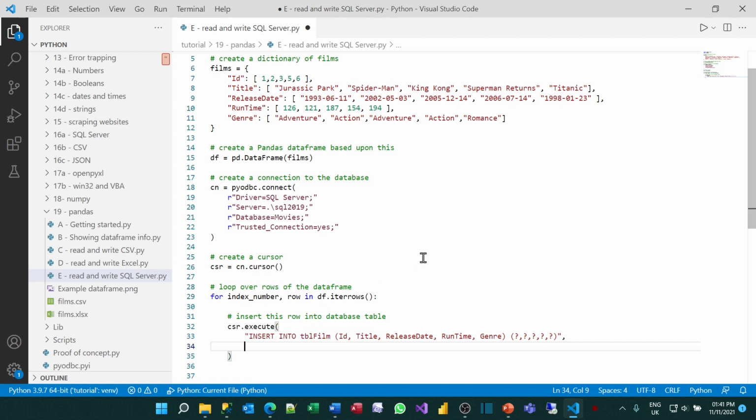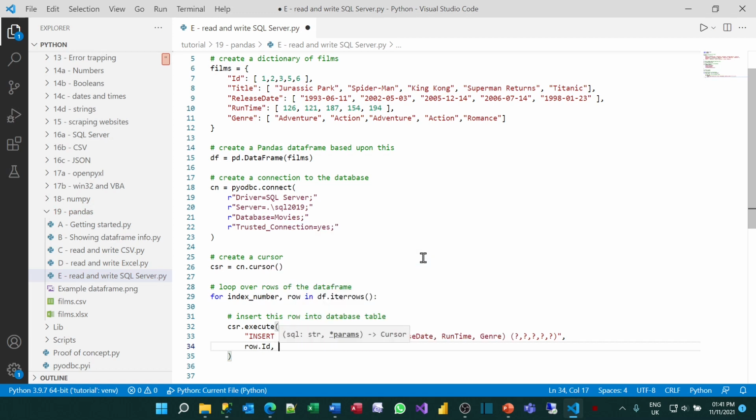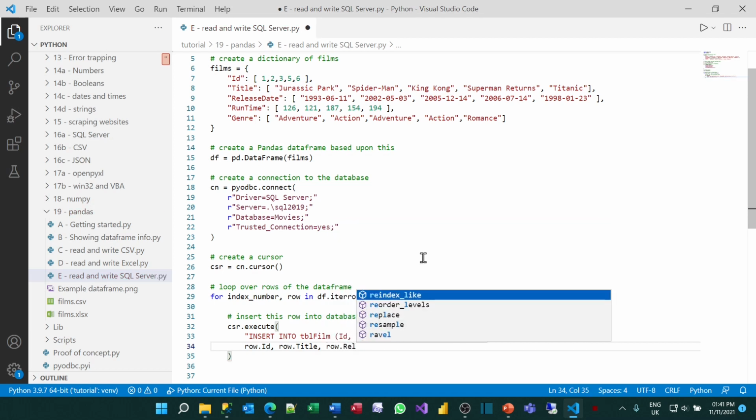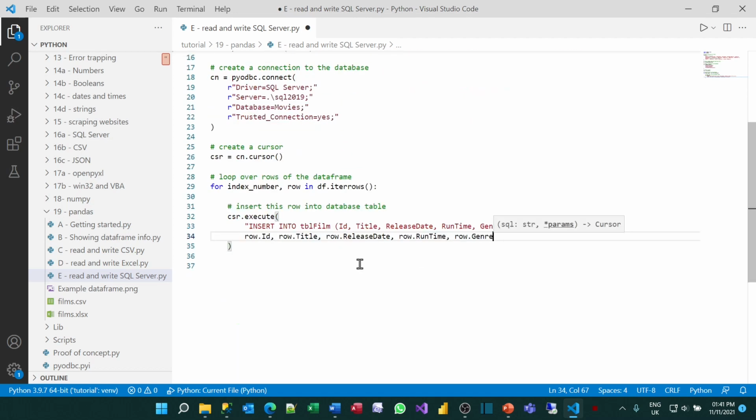So the first thing I'll specify is the ID. So row gives me access to the row and ID gives me access to that field. There's no IntelliSense appearing, it's up to me to remember that. So I can put in the title, and obviously these have to be in the same order as I specify them in the insert statement. Row.runtime and row.genre. So that row should execute 5 insert statements, and the last thing I need to do is commit these changes,